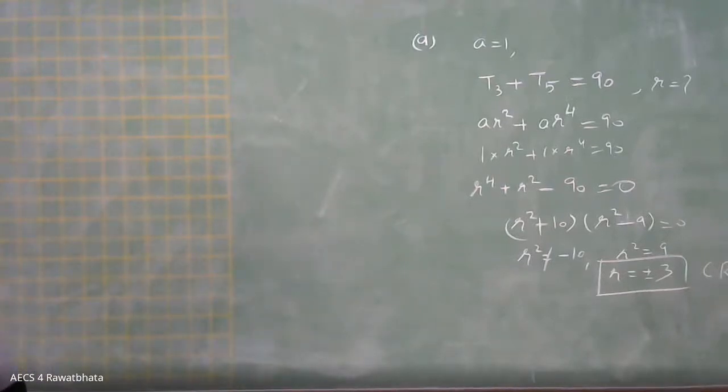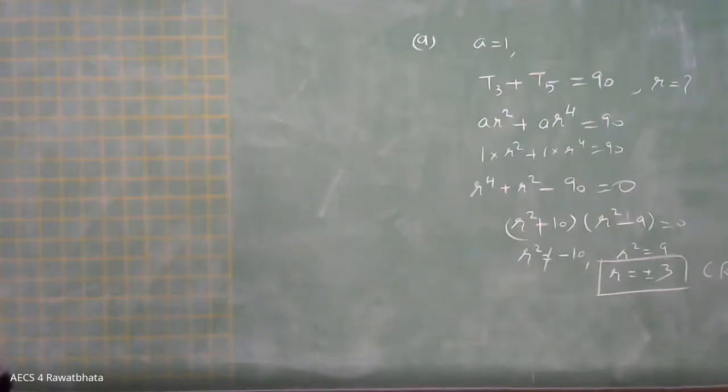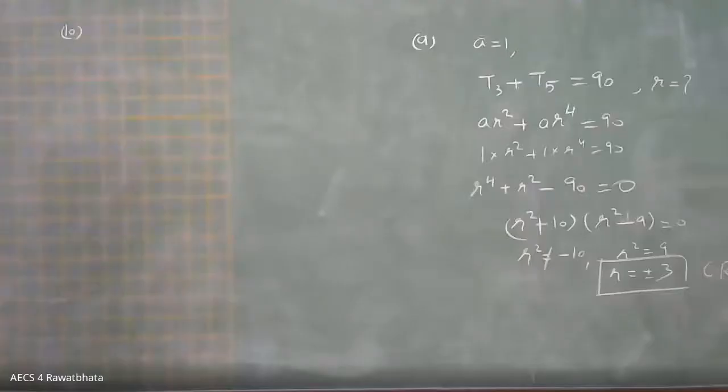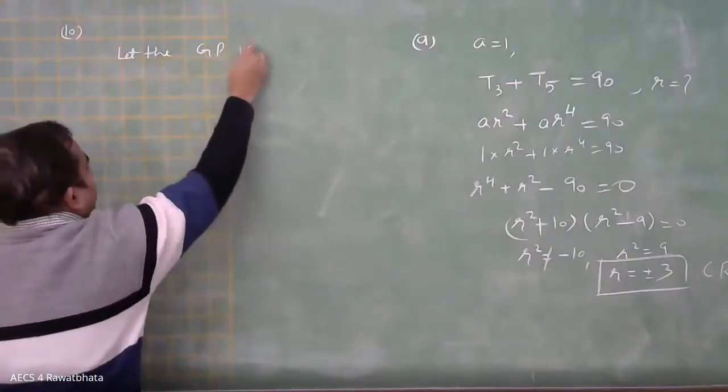No response from them. The sum of the three numbers. 10th question, right, Karthik? Yes, sir. Please read and suggest me how to do. The sum of the three numbers in GP is 56. If we subtract 1, 7, 21 from these numbers, 1 minute. Let me write the first equation.